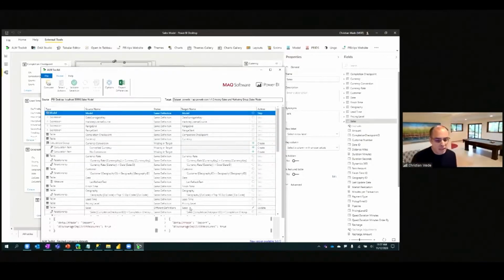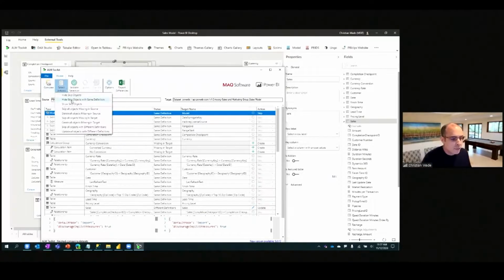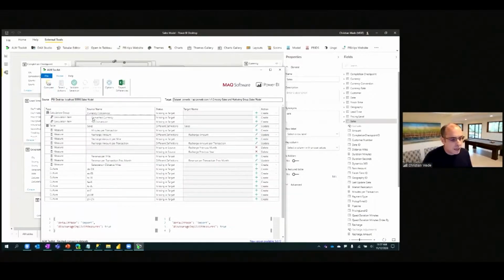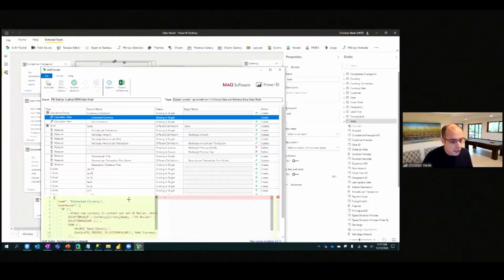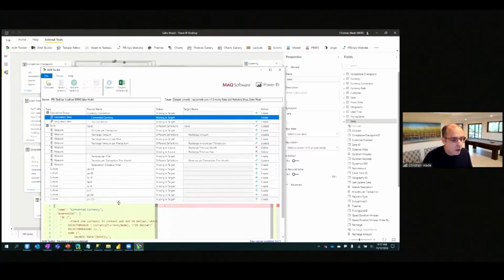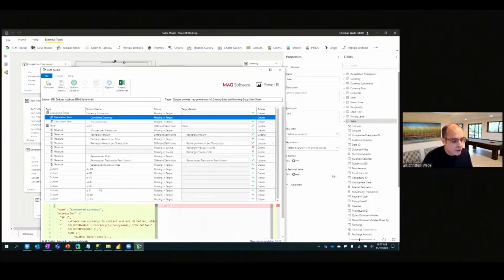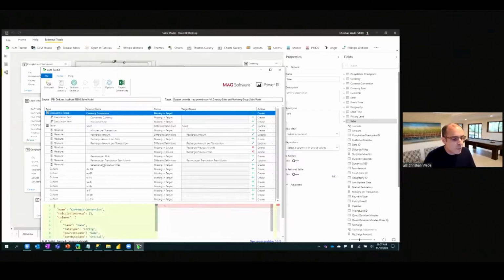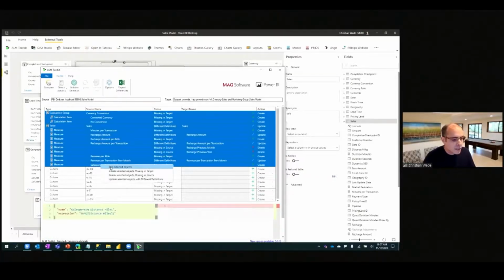This is a schema diff tool. It's going to go through all of the objects in the dataset. This is just like schema diff for relational databases and deployment of data warehouses. You deploy a new version of a data warehouse, you don't reload all the historical data. You just do an incremental deployment of the new schema. It's exactly the same concept. Here you can see the calculation group that we authored, and here you can see the translations. For whatever reason, I'm not ready to deploy all of this,